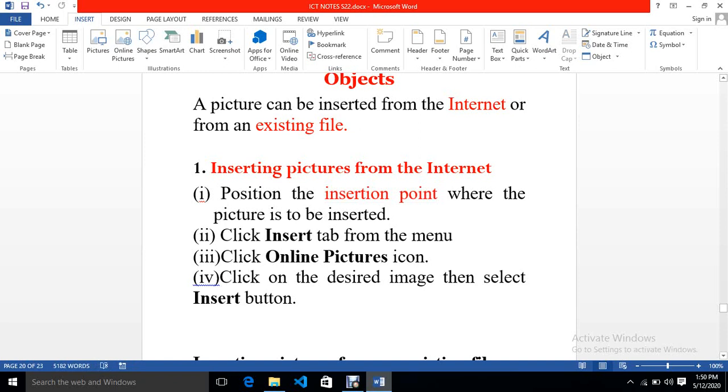Step two is to click on Insert. Then on the ribbon you find Online Pictures. You will choose a picture online, so you click on Insert. Let's try these steps. Step one, you have positioned the cursor here, the insertion point, and here you can